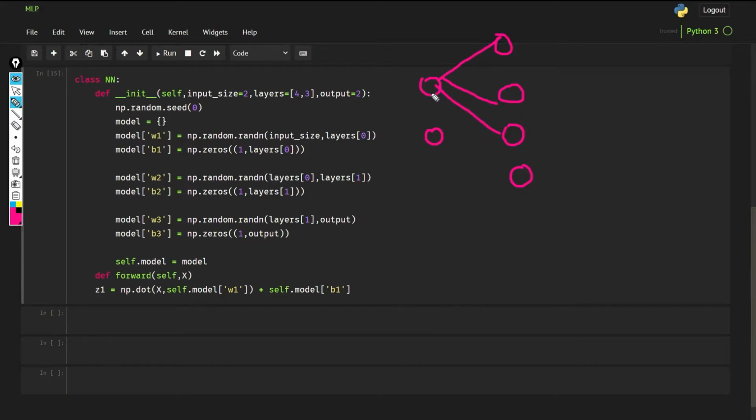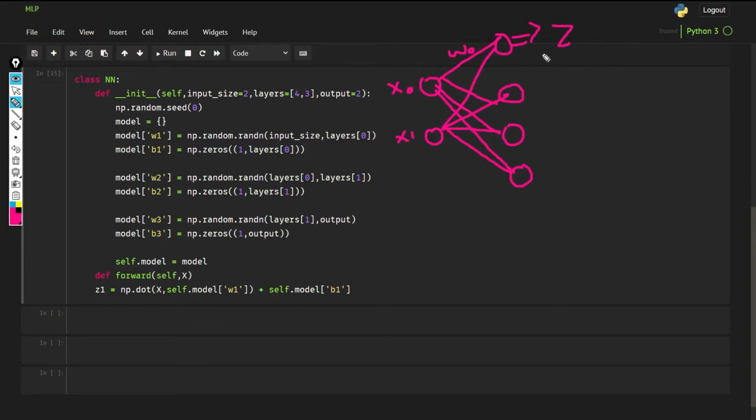Let me just draw this. So we will have some weights here, w0, or you can say anything, and we will have values here like x0 and x1. So here what we need to get is z, and for that